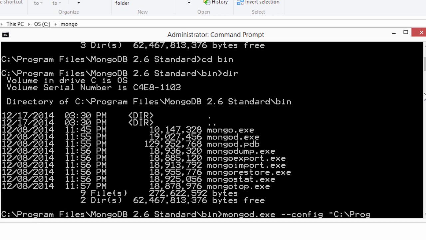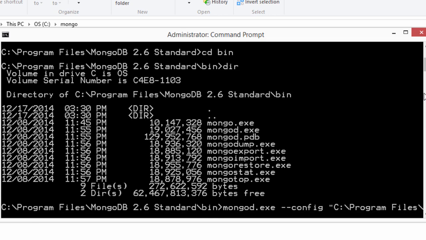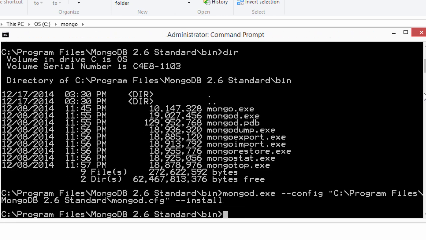So c:/program files/mongodb 2.6 standard/mongod.cfg. Close the double quotes and follow this with --install. Press enter now and this will create a service called MongoDB. Now to begin the service, we'll just type net start MongoDB. This will launch our MongoDB server installation.